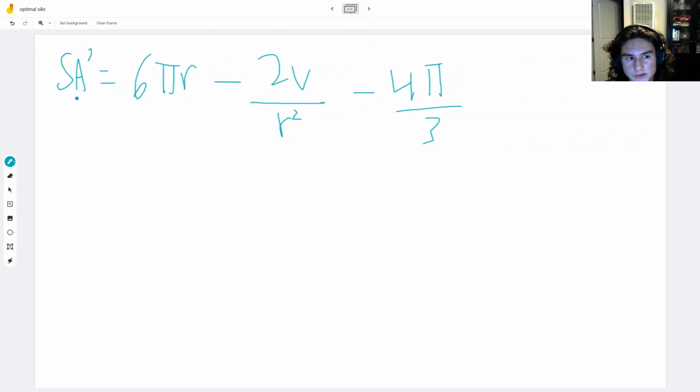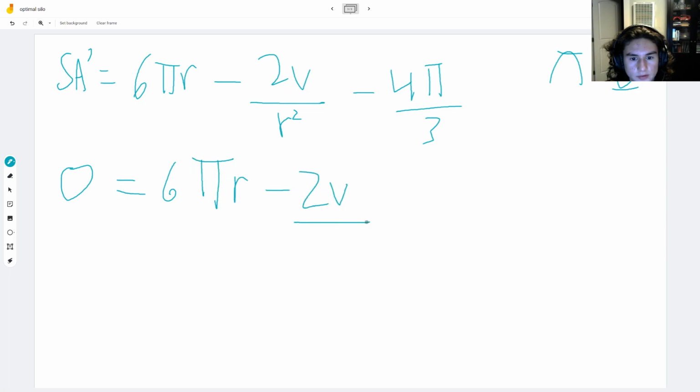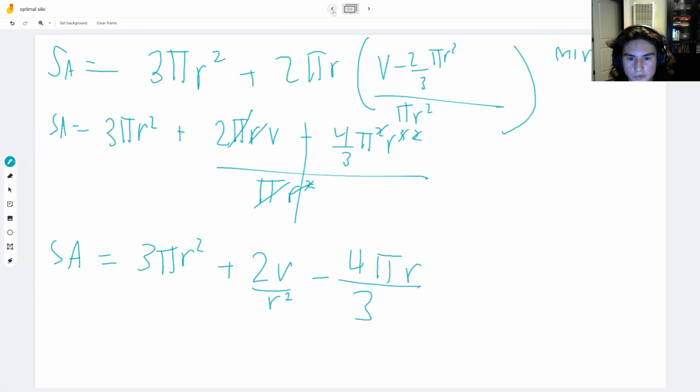So this is our derivative, surface area. So we want to find where surface area prime equals 0. So the change is 0. So local max or local minimum. So at this point or that point. So when we set this, it'll be 6 pi r minus 2v over r squared minus 4 pi over 3. So right away, we see a little bit of a problem here because we have r terms on the bottom, on the top, and just r terms that are just everywhere. So this leads me to believe that something might have gone wrong, but